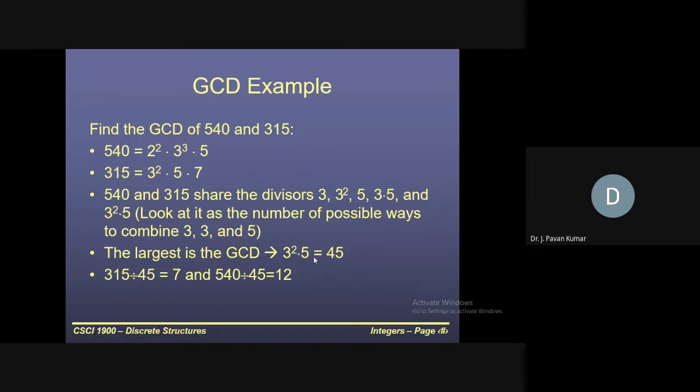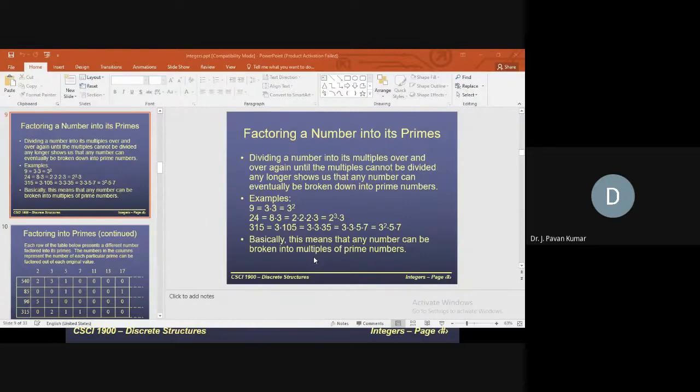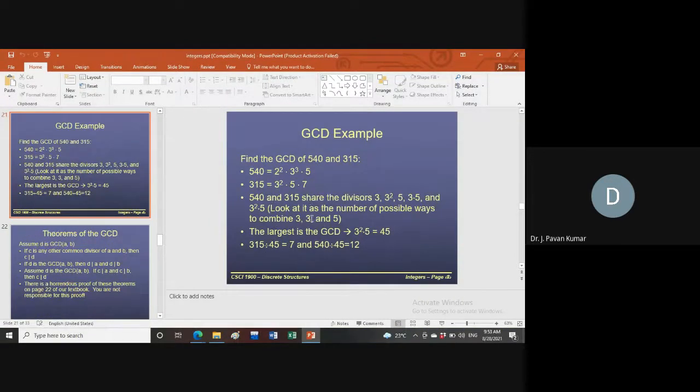Yes, this example is trivial, and of course, this way of arguing may be new to you, like prime factorization we are doing. Prime factorization means writing in the form of a product of prime numbers. In those products, whatever terms we have, those which are common we will write aside, then we will multiply them. That will be the GCD. That is one of the methods for getting GCD.